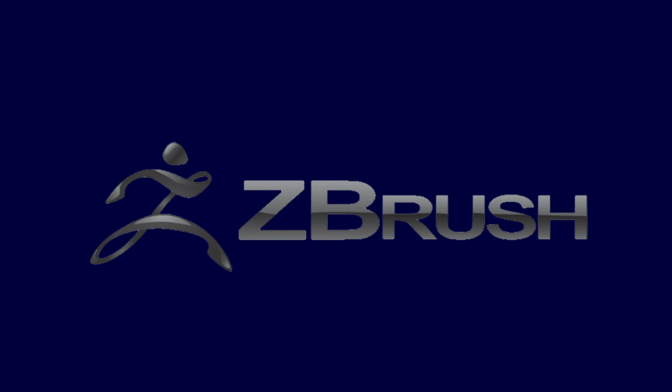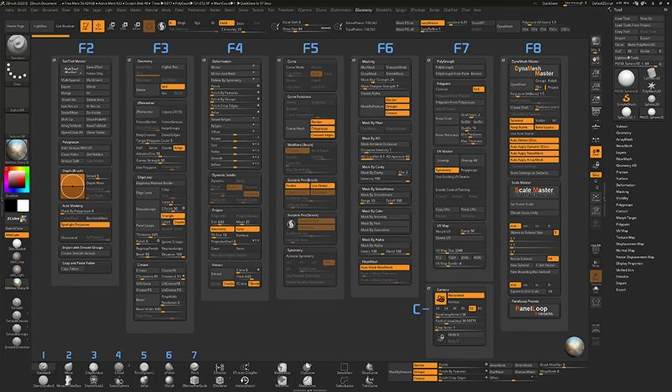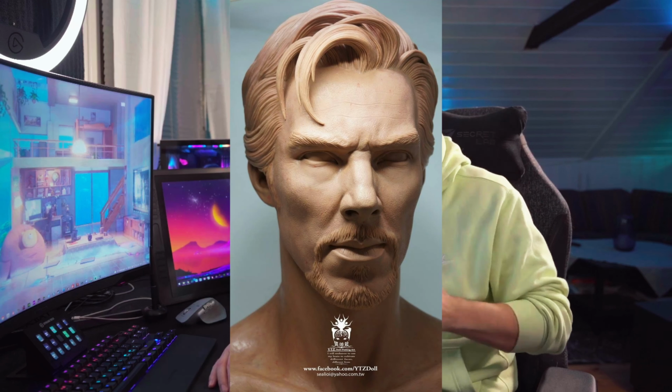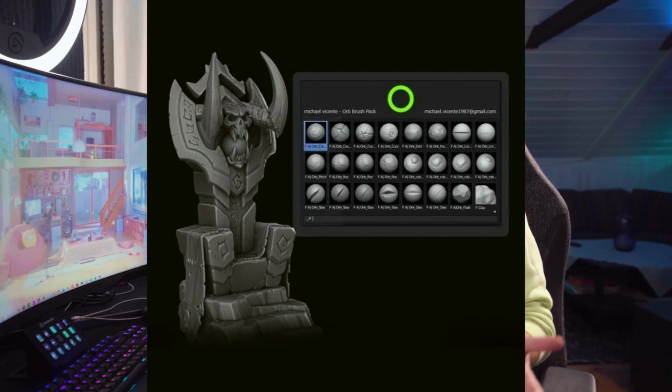Digital sculpting. ZBrush is the industry standard for digital sculpting, and it's infamous for being so hard to learn because it has a really intimidating UI. But the reward is almost unlimited tools and possibilities. And the reality is that you only really need to know a few brushes to get started. Even professional artists today rarely use any more than 5 to 6 brushes per project.